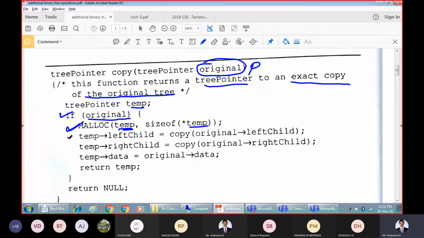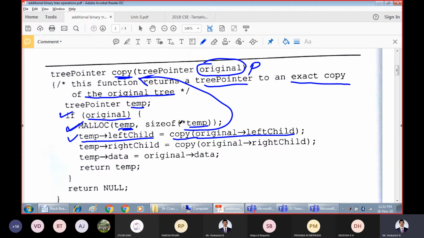That is what we are calling recursively: temp pointer left child points to what? Original left child. That means we call the same copy function once again, a recursive function. We have said a recursive procedure is a function which calls itself with a different set of parameters.